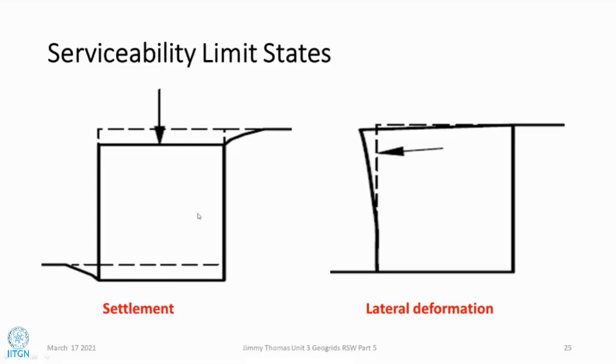Otherwise, normally when it is a 10-meter or 15-meter high structure, we don't expect much internal compression of the fill, provided it is properly compacted during construction. Then another aspect is the lateral displacements. There will be some lateral displacement of the wall, partly due to the reinforcement, and partly during construction. When you place and compact the fill, it will undergo some lateral displacement.